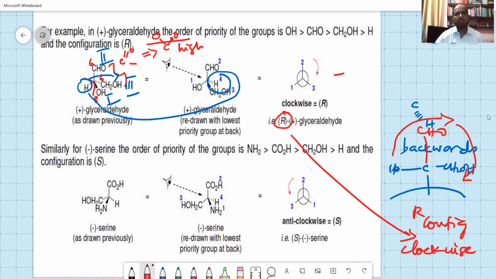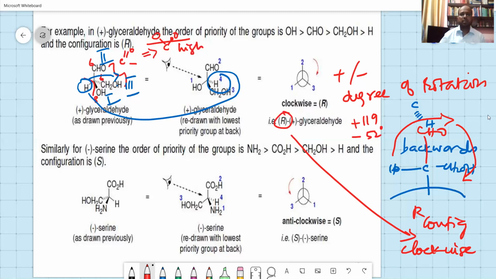The plus and minus signs are degree of rotation. Degree of rotation, which you have seen in the carbohydrates. We have seen D-glucose having rotation of about plus 112 degrees and minus 52 degrees for the other isomer, fructose, which we have often seen. So I think we have worked out very good examples, and some more examples we can work out in the next class. Thank you for joining me.